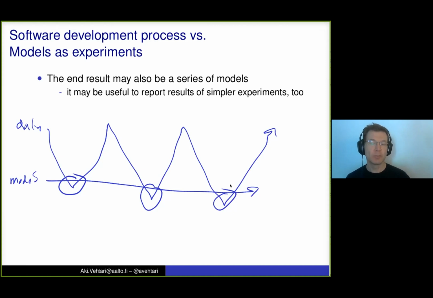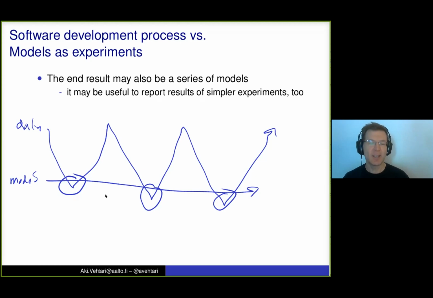This has been used, for example, in COVID modeling also, showing first a simpler model and then showing how our estimates of the R value change if we add more components to the models, which helps to see how big an effect the additional components have.